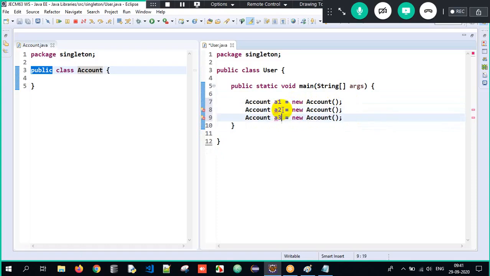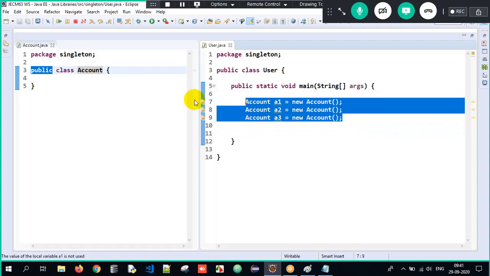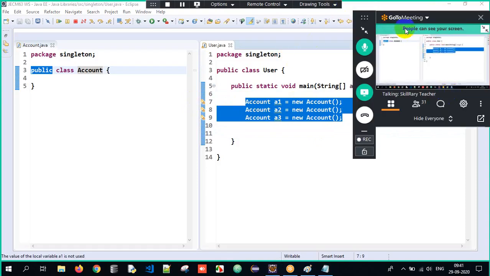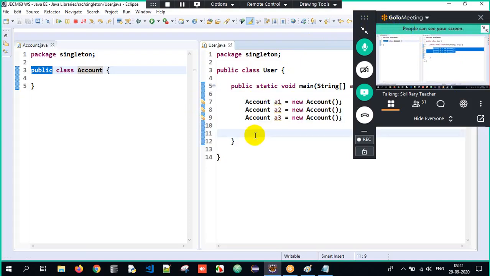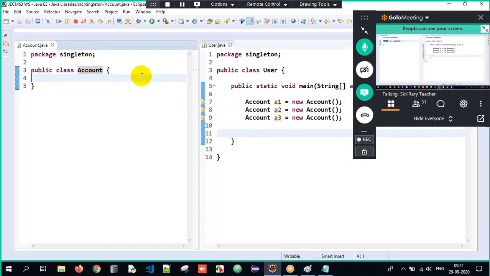But what is your requirement here? Sir, I should be able to create only one object. But I am able to create three objects. That should be avoided. Singleton design pattern means we should be able to create only one object for a class. But here I am able to create multiple objects. So rule number one to achieve the singleton design pattern: